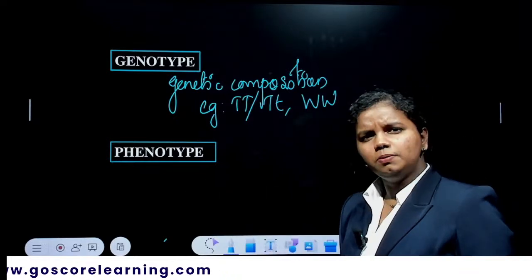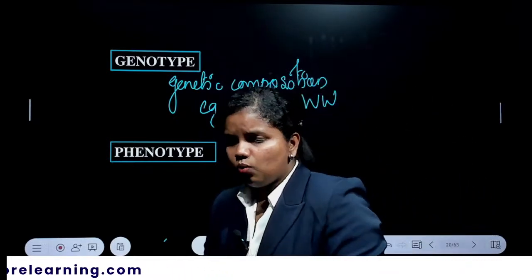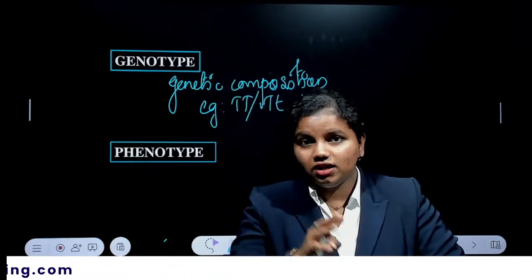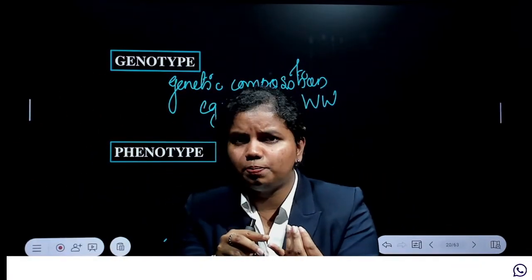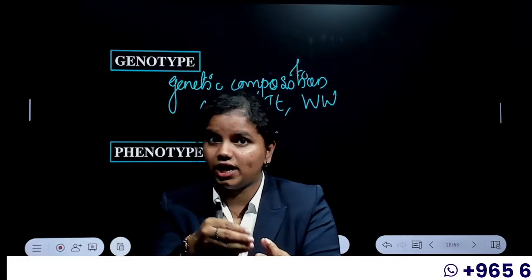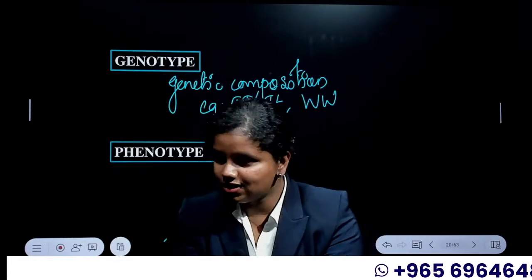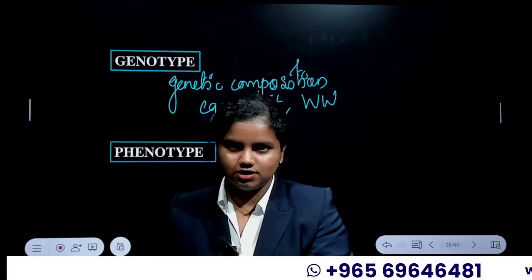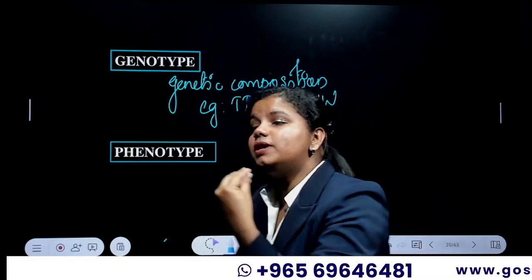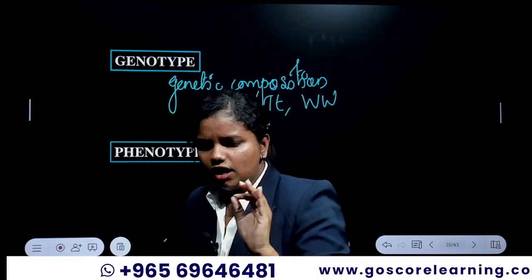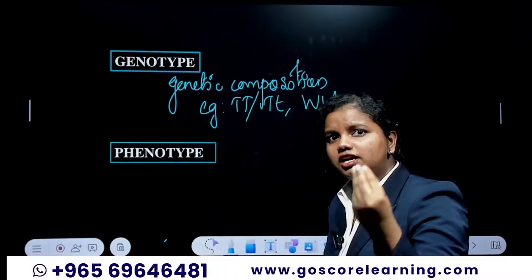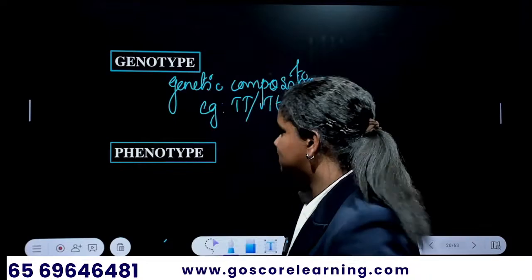And what is phenotype? Just the other thing. Whatever the gene is encoding will be expressed, right? The gene may be encoding a protein, a hormone, or an enzyme. Whatever the gene is encoding, it will be expressed, and that expressed form of a gene is what you call a phenotype. If you didn't understand, I can put it into a small sentence like this.